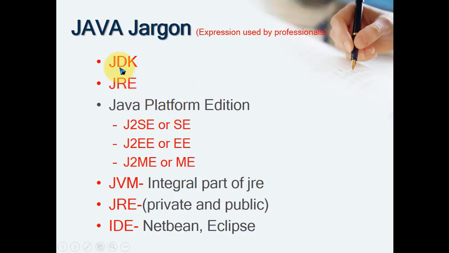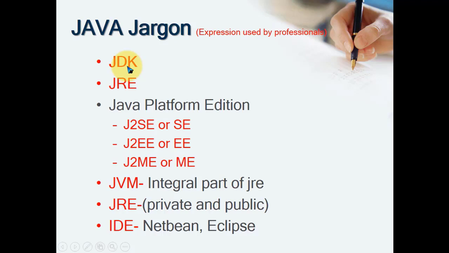Okay. JDK. So what is JDK? It's the Java Development Kit. A development kit is required to develop an application using the Java language. So you need this JDK. We have to install it, then we can develop a Java application. Otherwise, we cannot write a single program. We cannot execute a single program without this.